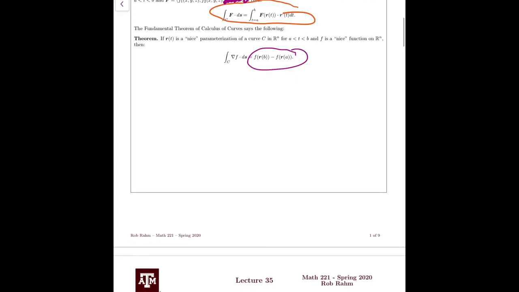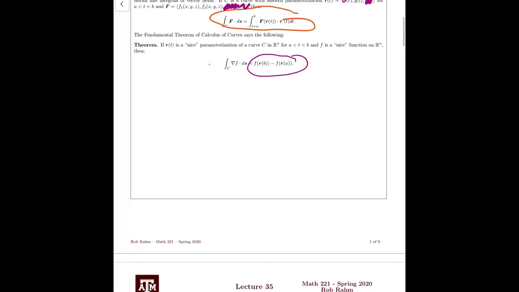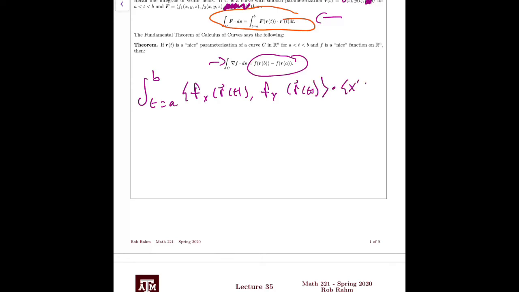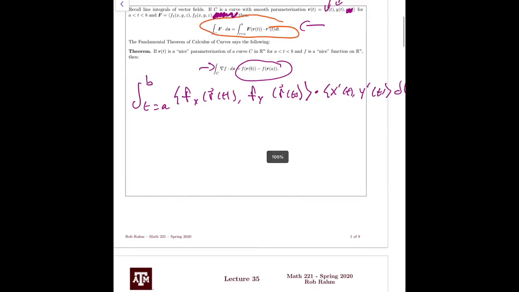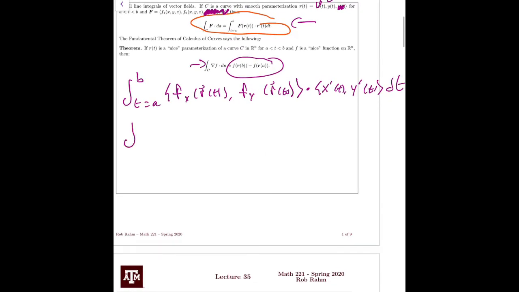Okay, so how can we prove this? Well, we want to compute the left-hand side. According to this, it is just the integral, t equals a to b, of f sub x of r of t. f sub x means the derivative of f with respect to x. f sub y of r of t dotted with x prime of t. And now you see why I can't do this in 3 dimensions, because I'm already running out of room. dt. But notice that by the chain rule,